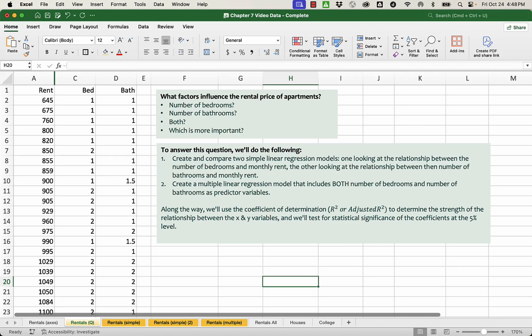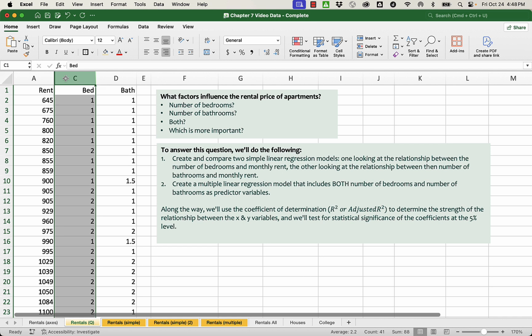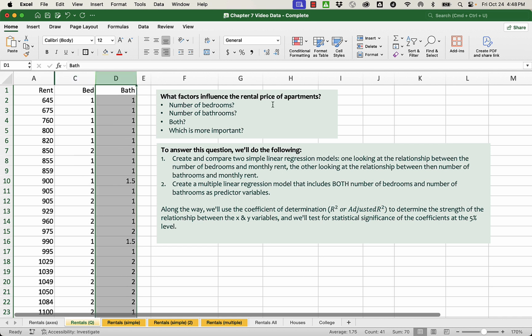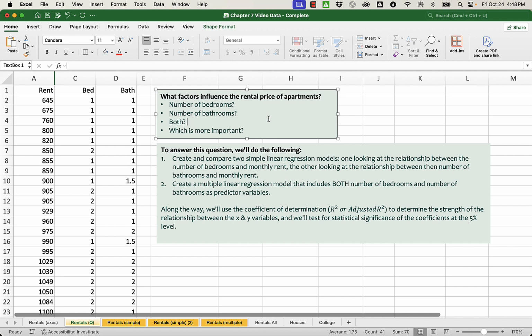Hey everyone, it's Jamie, and in today's video series, we're going to take a look at some simple and multiple linear regression problems. We've got some data here with monthly rents, and we've got variables showing us the number of bedrooms that an apartment has and the number of bathrooms that an apartment has. And we're going to use this as an opportunity to ask ourselves which factors influence the rental price of apartments,